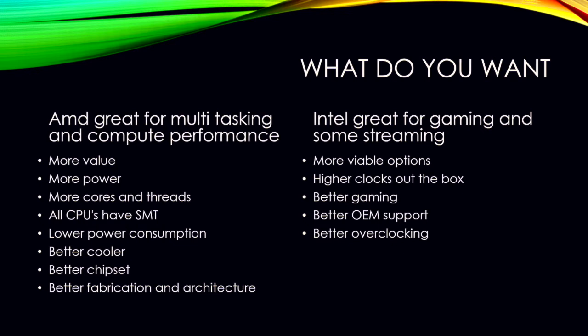Okay, you'll get more value with AMD. More value means more bang for the buck you are going to get. So let's say you need a 4-core 8 thread processor, then the 3300X, there's not much competition at the moment, like I said before, until the i3-10100F comes out. Yeah, sorry for saying 9100F earlier, I meant 10100F. Anyway, you're gonna get